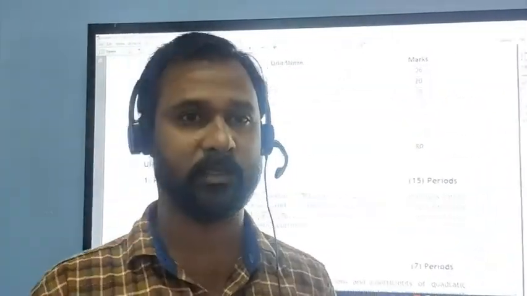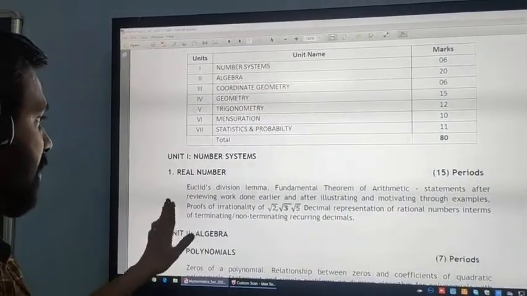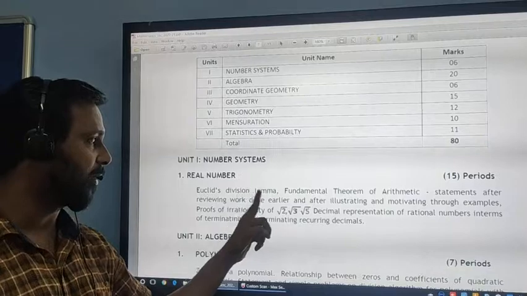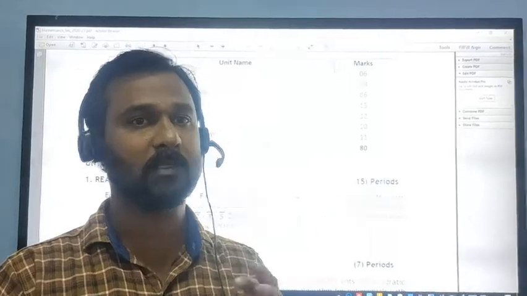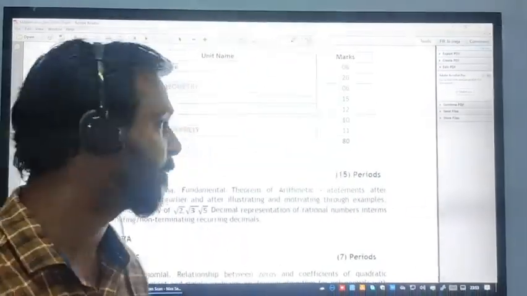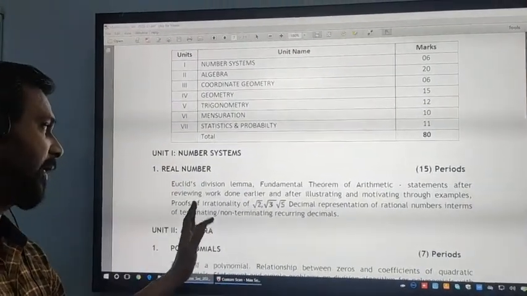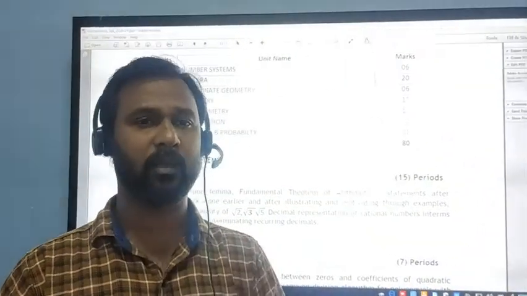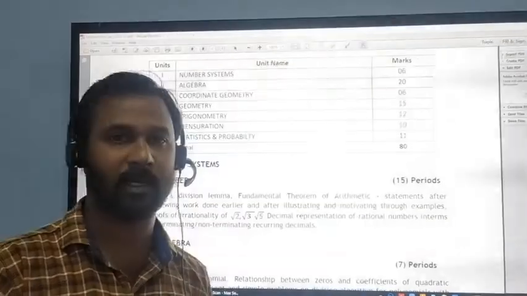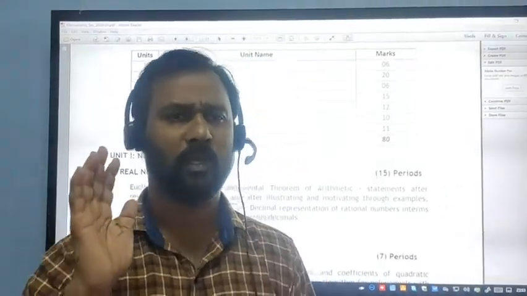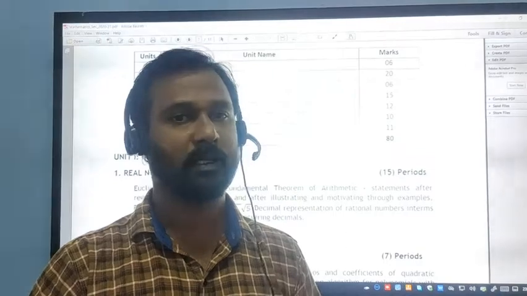Now let us see what we want to study in the chapter real numbers, which is under number systems. It starts with a lemma known as Euclid's division lemma, which is an equation connecting dividend, divisor, quotient and remainder. Next is the fundamental theorem of arithmetic, and finally this chapter is a very good theoretical chapter where we will show that root 2, root 3, root 5, etc. are irrational numbers. In 9th class itself, we know they are irrational, and we know how to represent them using a compass on the real number line.